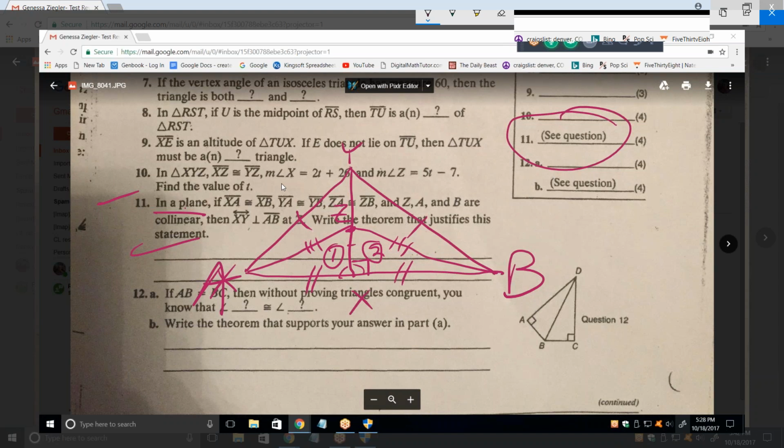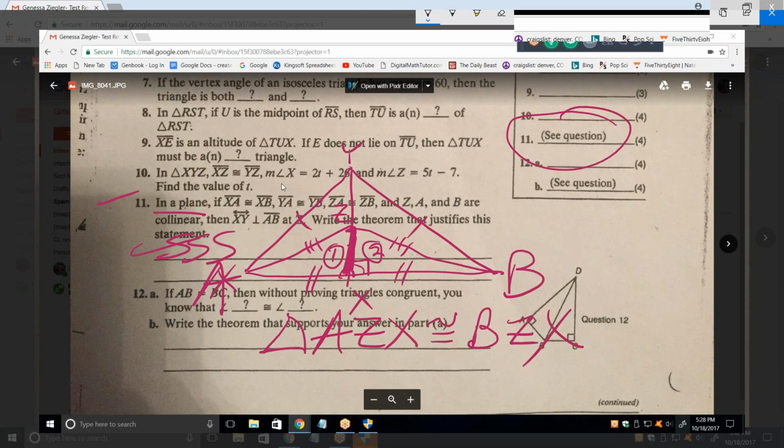The only thing they've told us is side lengths. Notice that this side here is always equal to itself. So that is the third side of those two triangles, 1 and 2. Okay. So by side, side, side, triangle AZX is congruent to triangle BZX,